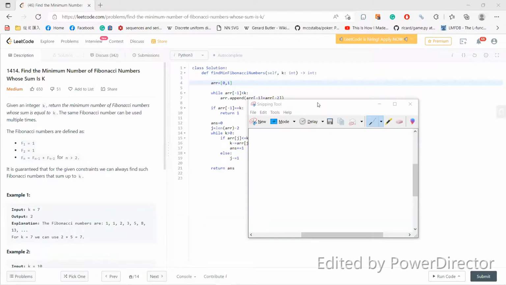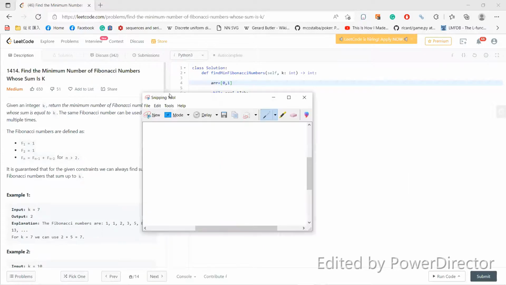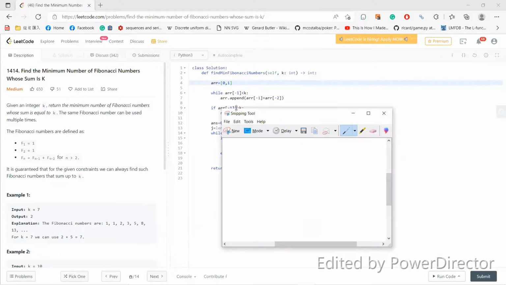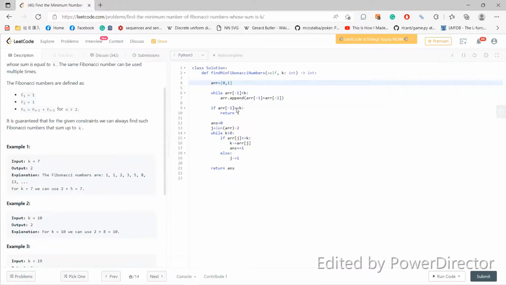What's up, guys? So let's solve this 1414. Find the minimum number of Fibonacci numbers whose sum is k. Okay, so this problem is interesting, and the answer is not difficult. But if you want to rigorously prove this is true, it's difficult. Okay, so Fibonacci, and your problem is that given k, you need to find a minimum number such that they